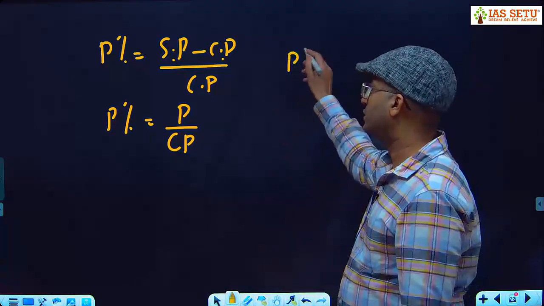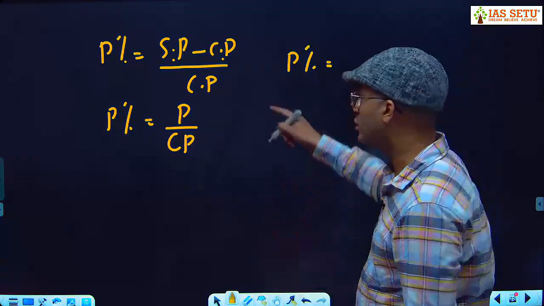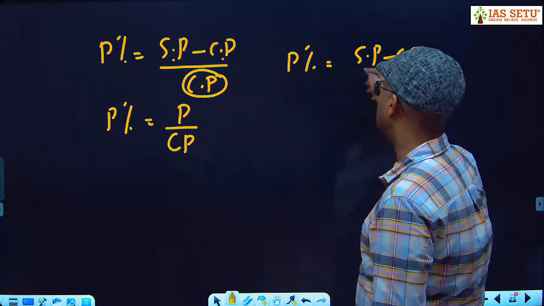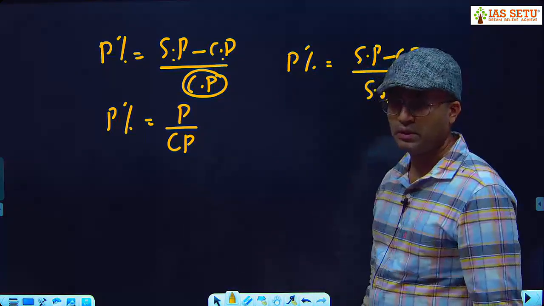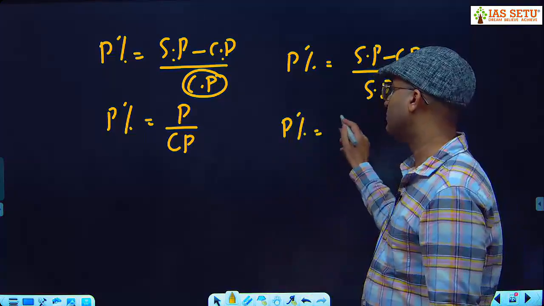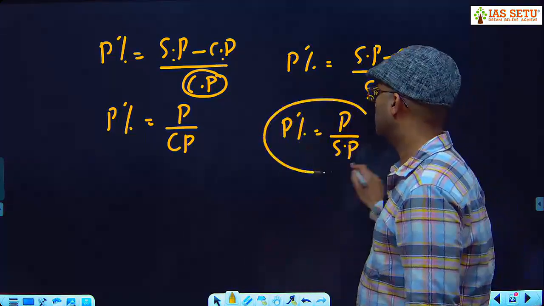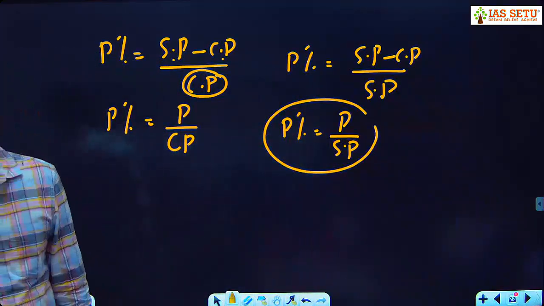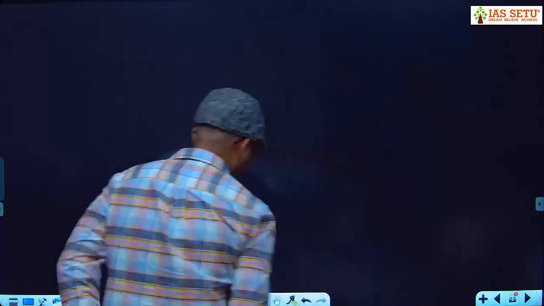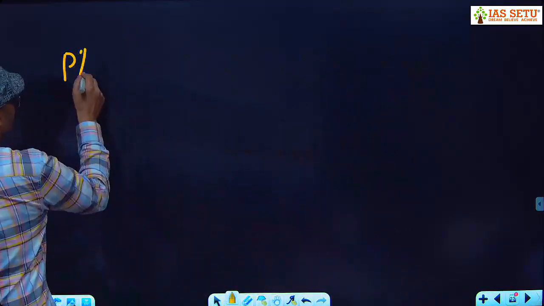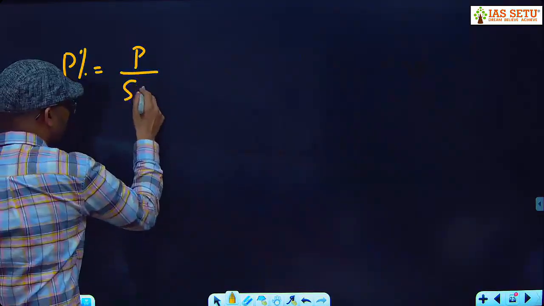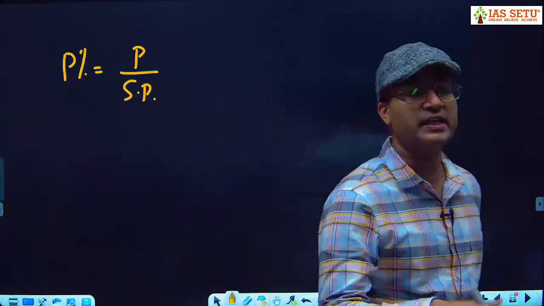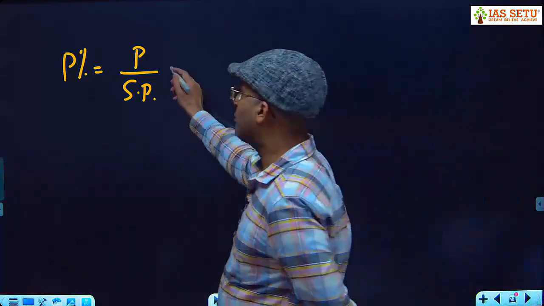But that student, a boy by mistake, उसने क्या किया, उसने यहाँ पे selling price base लिया, selling price minus cost price upon selling price. मतलब what he has done actually P upon SP. बाकी सब ठीक था, but instead of cost price as a base, he has taken selling price as a base. Okay, now see. What that boy has done, he has taken profit percentage as P upon SP by mistake. Instead of cost price, he has taken selling price as a base. And he got profit percentage is